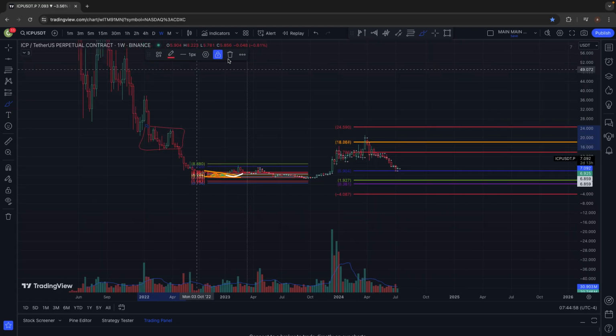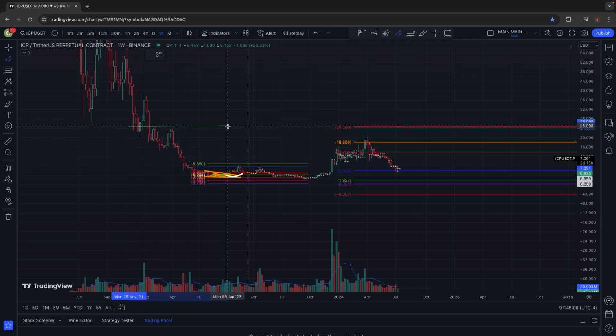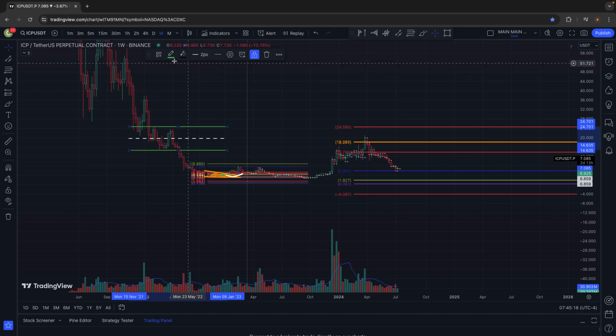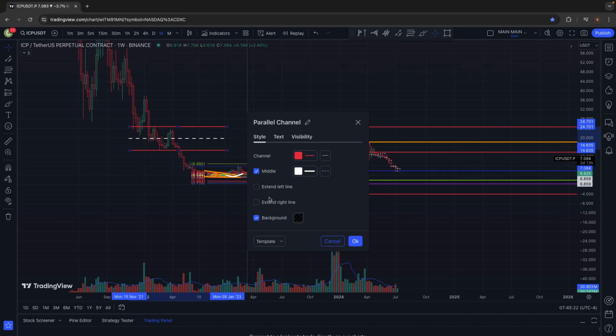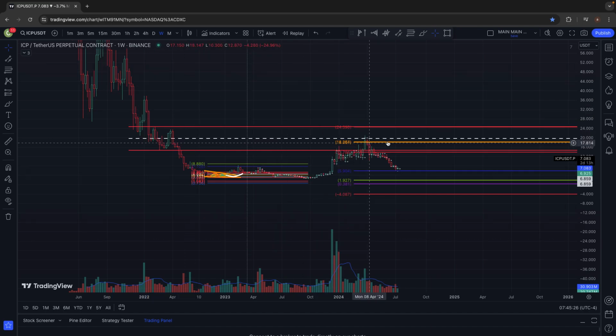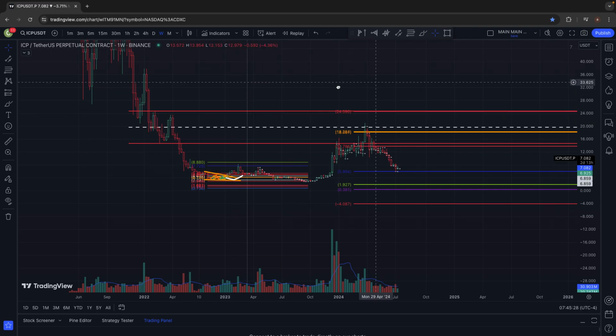Hence why, man, I hate being a lazy trader. There you go. I don't want to be a lazy trader for you guys during these kind of TA videos, so you guys are aware what's going on. So right here, here's your bearish order block, and then let's extend this to the right. Cool. So now that is your bearish order block, and why I have it like this is look where you found your resistance,